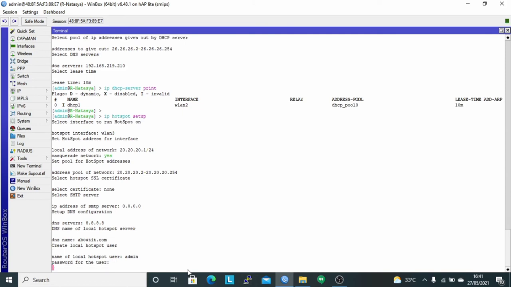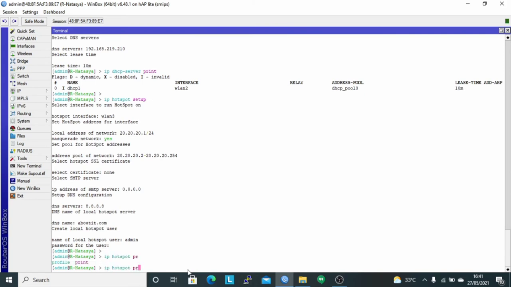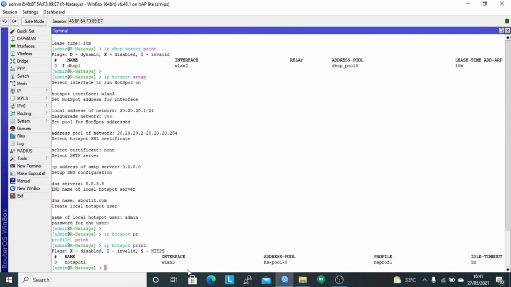Then check with the command IP hotspot print. You can see that we have successfully added a hotspot service with the WLAN3 interface.